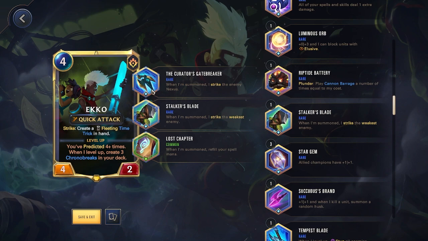And if you didn't want to do the double strike relics, you could definitely replace one of these with either Archangel Staff, Chemtech Duplicator, Grand General's Counterplan. Any of those would also work here. But the double strike relic, especially when you have Lost Chapter, isn't bad as they're both going to give you